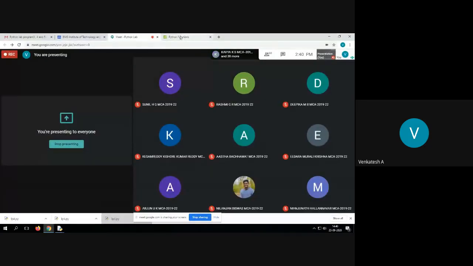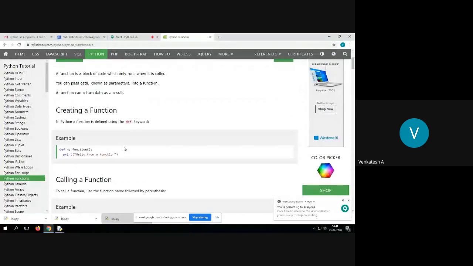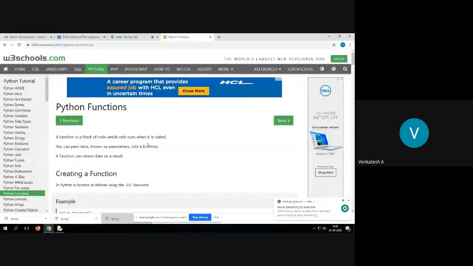Yesterday, I was telling you that tomorrow in the lab, I'll teach you what is lambda function. Students have verified the material which is there in w3schools.com. Okay, it's very good. It will also provide you a virtual lab or virtual infrastructure using which you can compile your code also. There itself, you can modify the code and check it out. So first look at here, what is lambda function.